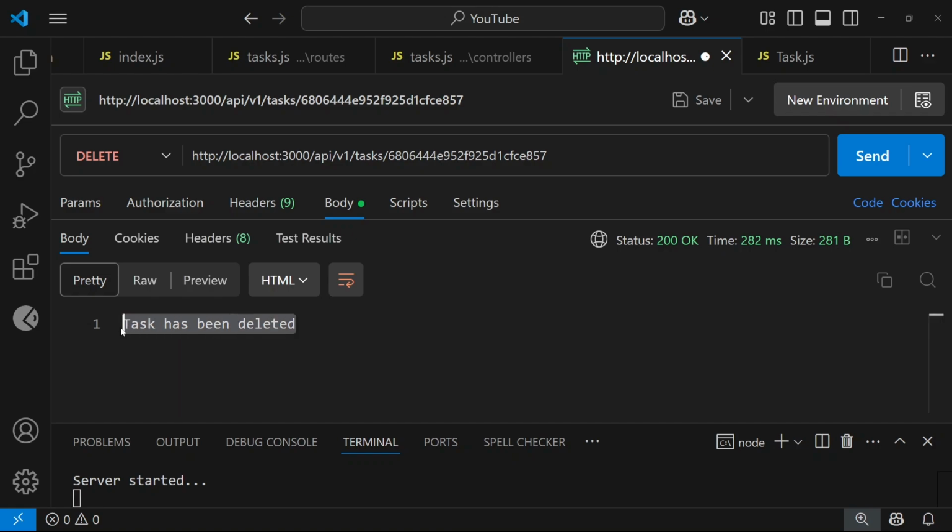Now, in the coming videos, we're going to build a front end using React, and we're going to connect it